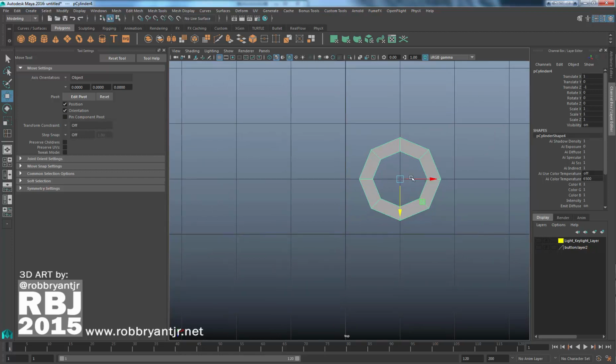In order to do that, the first thing I need to do is move my pivot point from the center of the actual piece of geometry to the center of the world. Now there's a lot of ways we can do this. We can click on Insert and move our pivot point this way. But the truth is, there's a much easier way to do this, and that easier way is to simply